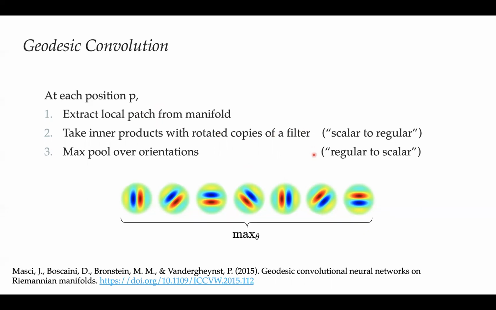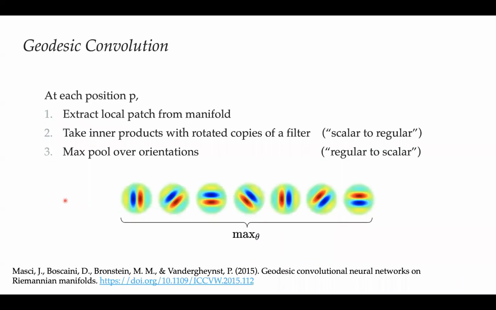You may remember this from the lecture on group equivariant convolutions as a scalar to regular layer: we have a scalar input signal, and the output signal has one channel for each orientation. We remember if we change the orientation of, let's say, the first filter and all the others along with it, then we would see a cyclic shift among the features. So it's not invariant to the orientation that you choose, but once you max pool over orientations, i.e. from some regular to scalar function, then you again get a scalar signal. And so you can repeat this kind of convolution layer.